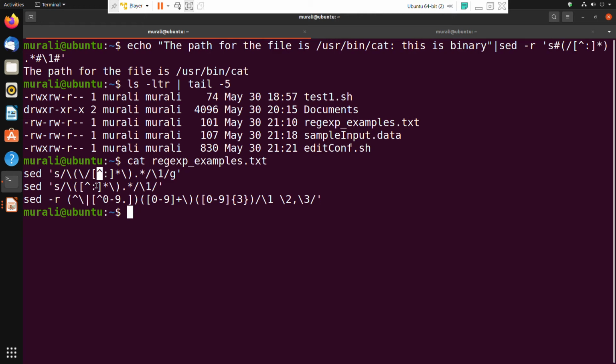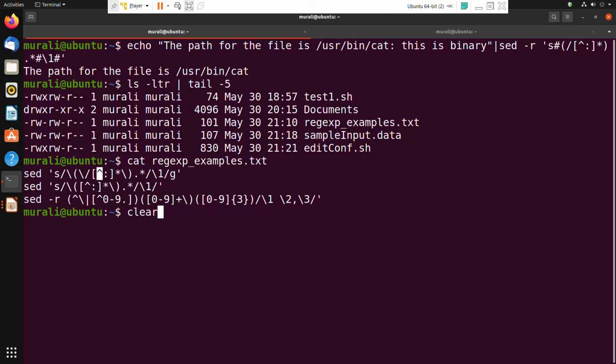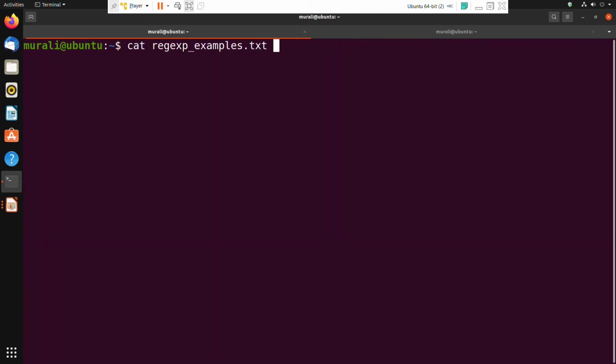Fine. Then next, you have a string like this, made up of dd/mm/yyyy. Before this let me clear the screen. Here my purpose is that dd, mm and yyyy, these 3, I want to separate into specific substrings.